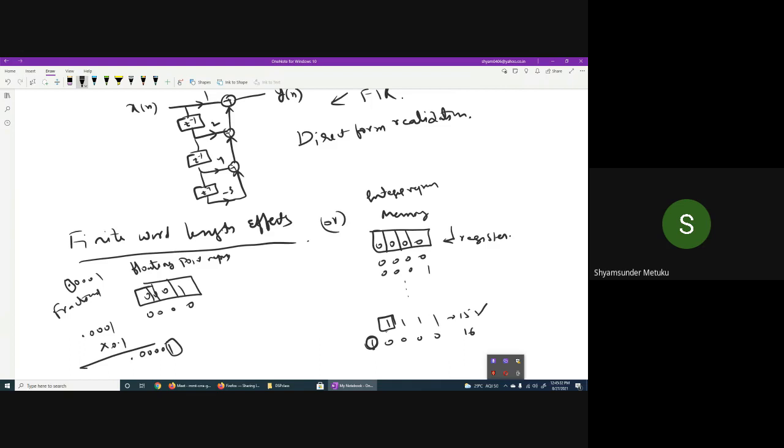Respond. Ultimately, my intention is representing the value in the memory, whether it is 4-bit, 8-bit, 16-bit or 32-bit. As long as you are not losing your value, it is acceptable. The moment it crosses the length of the memory, instead of representing some number, it will come down to what? Zero. After the zero, however many times you try to feed back, 0 times anything is 0.